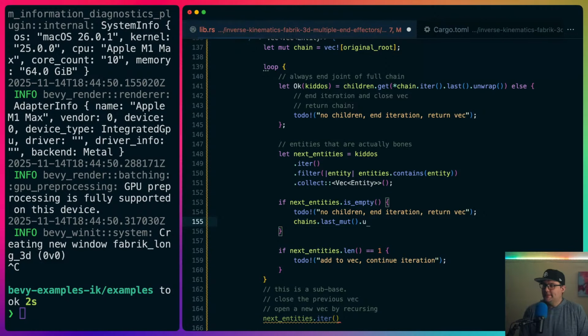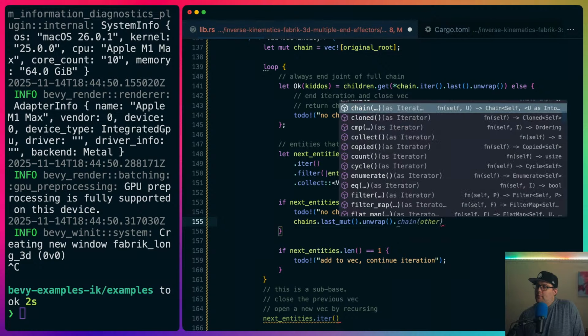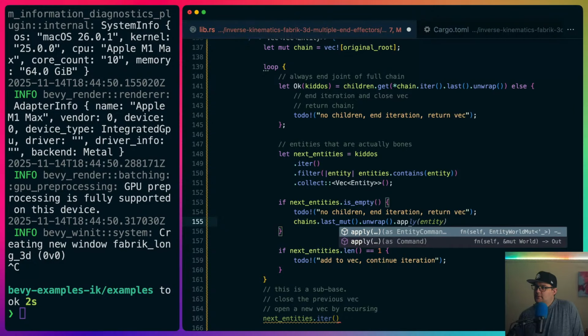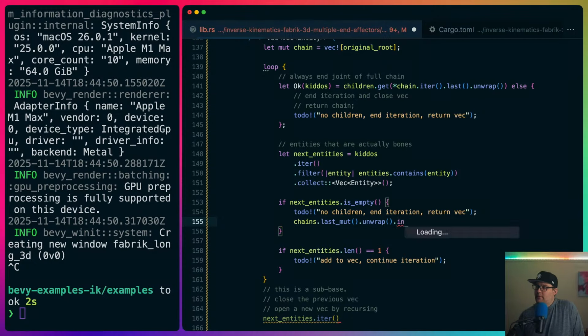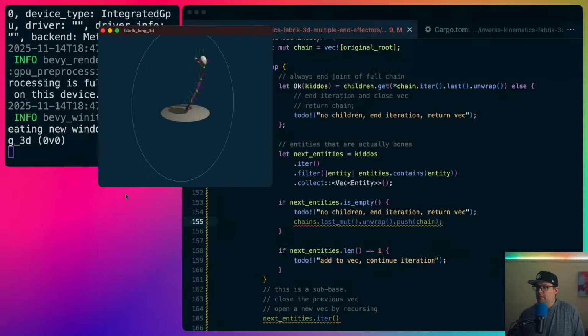This will always exist, so we can unwrap it. And then we want to append. I can never remember. Push is going to be back. Push, and this is going to be chain. Right? And our issue here is going to be something related to